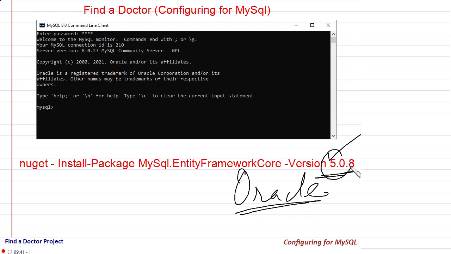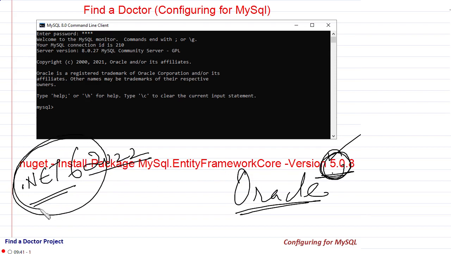This is the latest version that is available, but Visual Studio 2022 is now on .NET 6 and supports .NET 6 out of the box. So when you are doing this project on Visual Studio as of today, you will have to use .NET 5, and once version 6 is available, then you can change the version to 6 and things will be okay. No other change will be required.